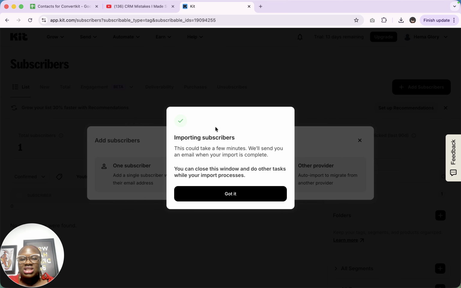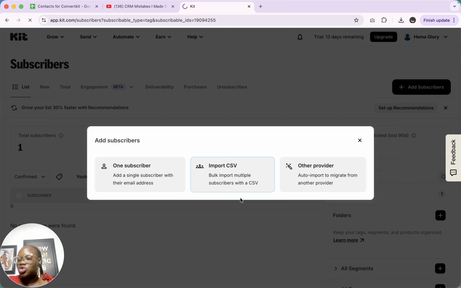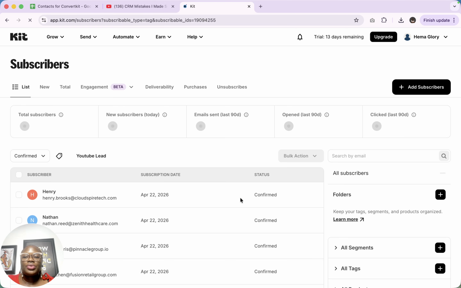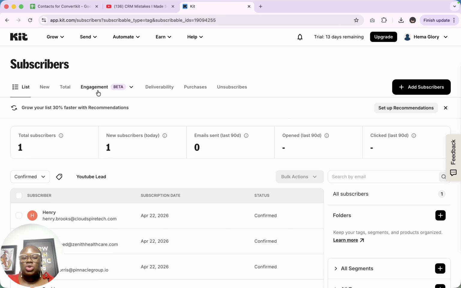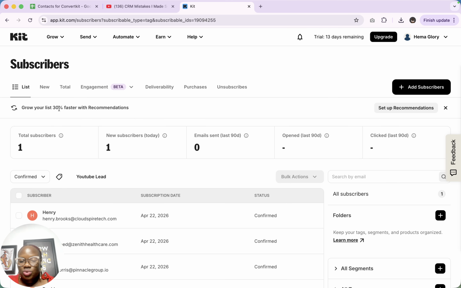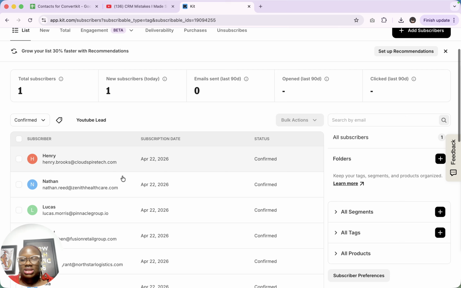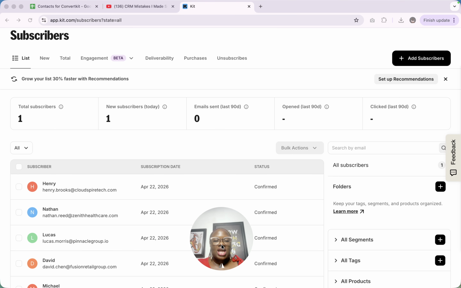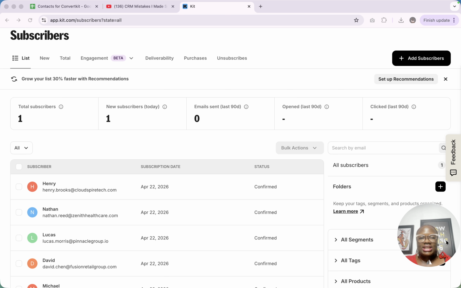You can see here where it tells you that your import is going to be done in a few minutes, and you can close this tab and do all the other things inside your ConvertKit account. So when you come back in here, after waiting a little while, maybe not even up to a minute, you are going to see all of your contacts inside this place. Okay, so as you can see, our contacts have been imported in here. Our 20 contacts have been imported,